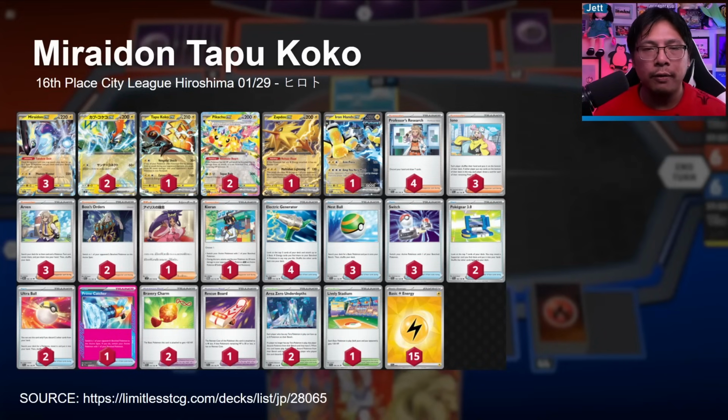Here's an example of an upgraded post-rotation list from Japan. This one tries to fit in some of the missing attackers with a couple of Tapu Koko, one that has a paralysis attack, one that does damage based on the number of Pokemon on the bench. Neither of these are really fitting the bill for what Miraidon needs to do relative to the format that it's in right now. This one finished 16th place, and there just isn't that many Miraidon decks that are doing well in Japan post-rotation right now, and I really don't think it's worth getting in the Miraidon business at this point